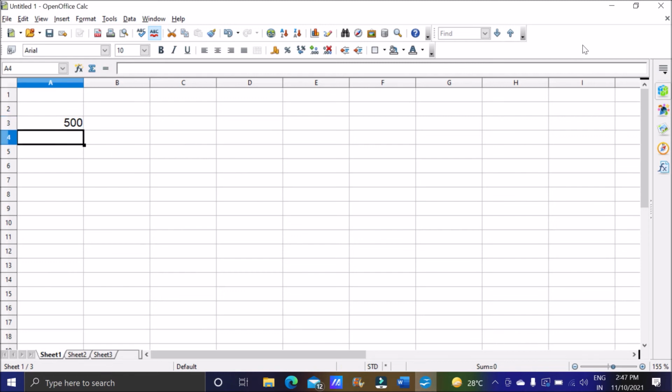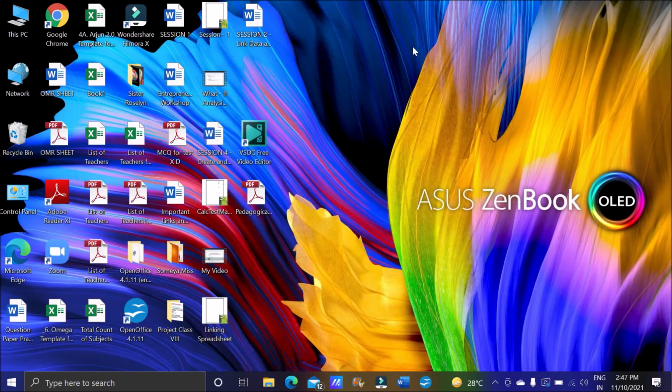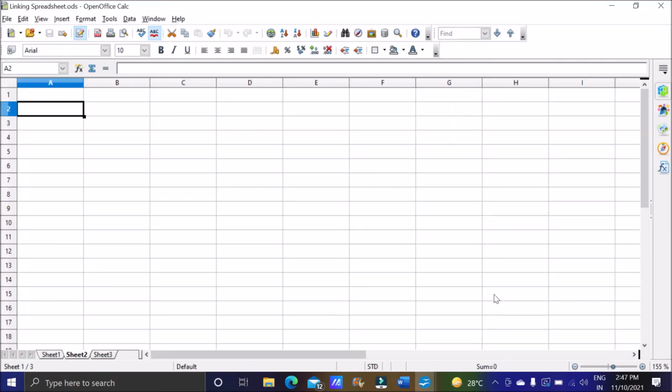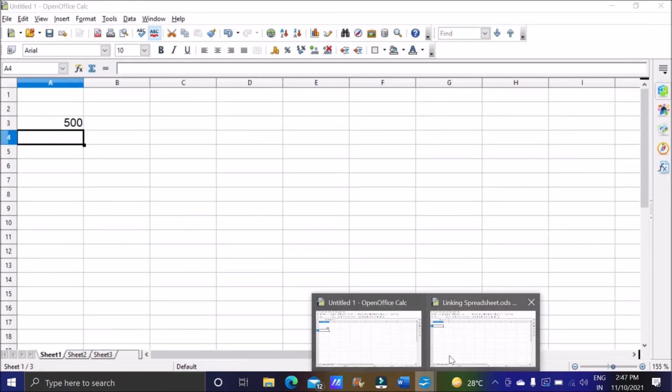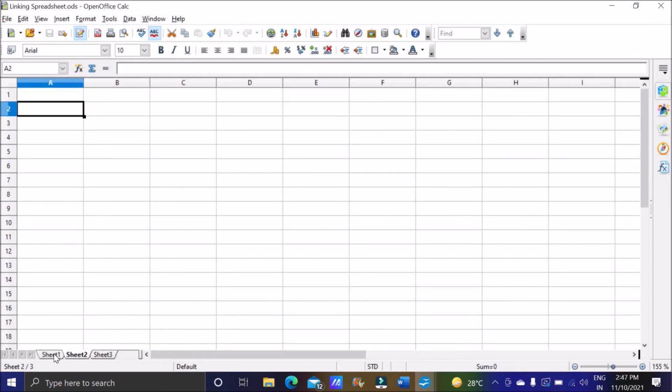So now we have two files, one is linking spreadsheet and one is untitled 1, both having data. So now I want to get the summation of data in both the sheets.